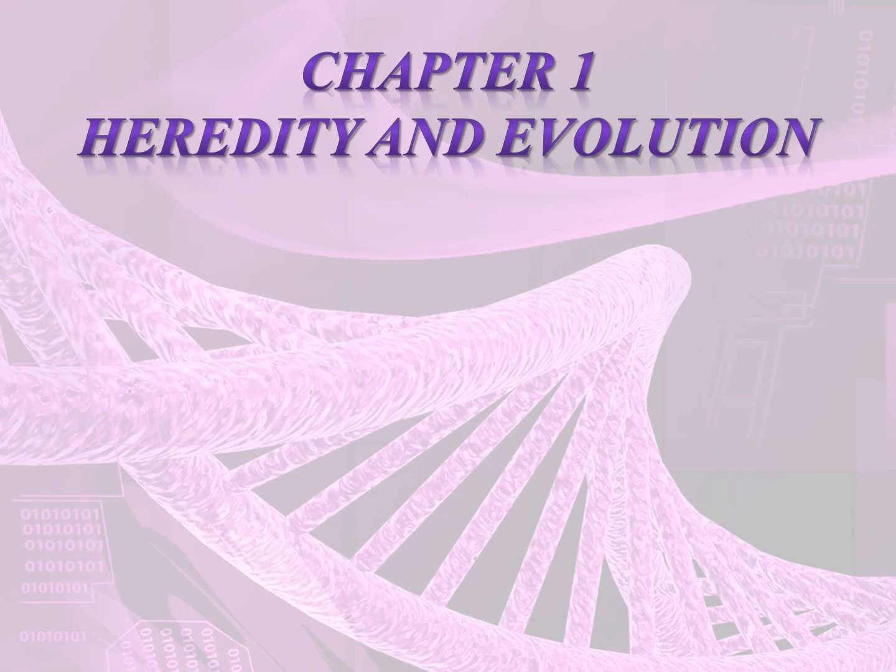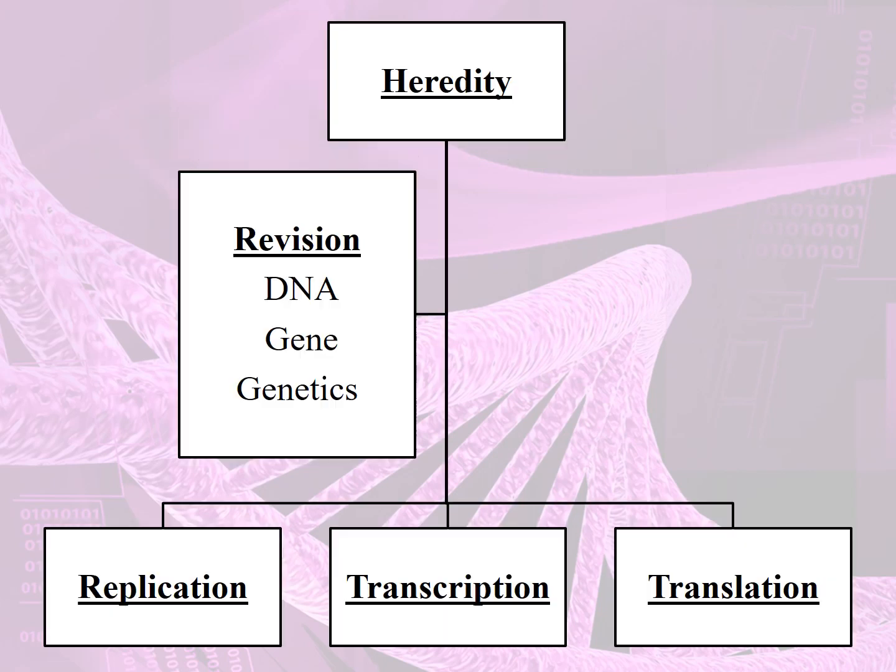Today we are going to start with the first chapter of Science 2 or Biology, that is Heredity and Evolution. Now, the chapter name itself gives us an idea that the entire chapter has been divided into two parts, where the first part deals with heredity and the second part deals with evolution. So, today we are going to start with the basics of the first part, that is heredity.